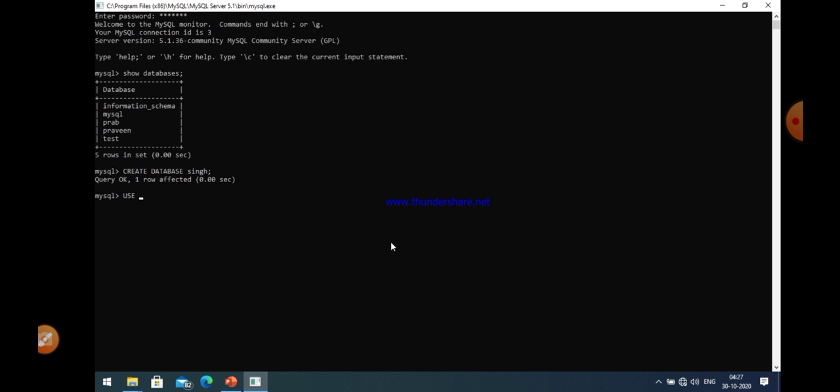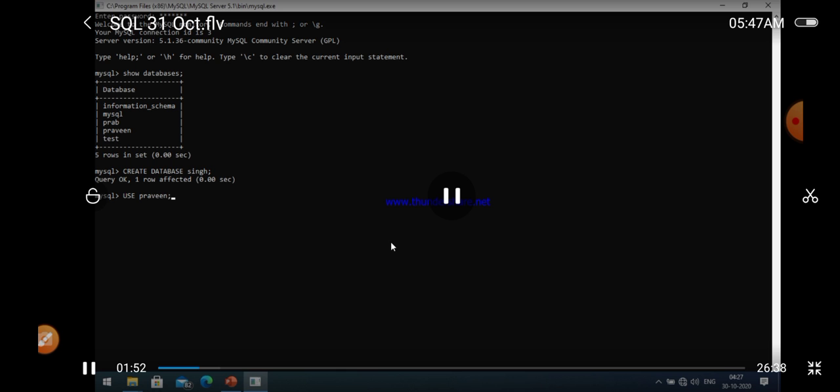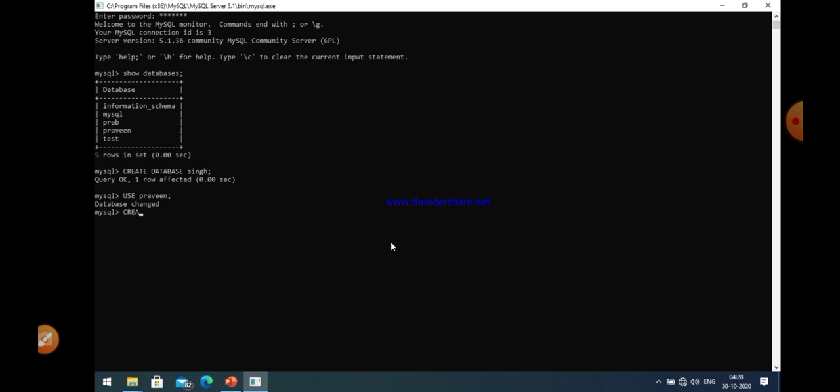Now you can use this database by using the command use. So just type use and then the name of the database. For example, I want to use the database Praveen, so I just write use Praveen, and you can easily see that the answer is Database changed. Praveen is already there. Now